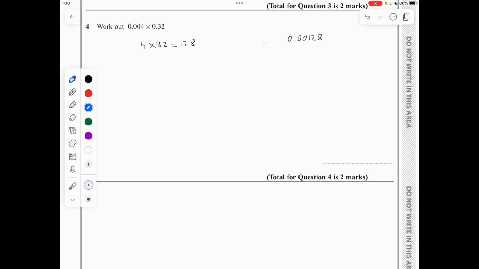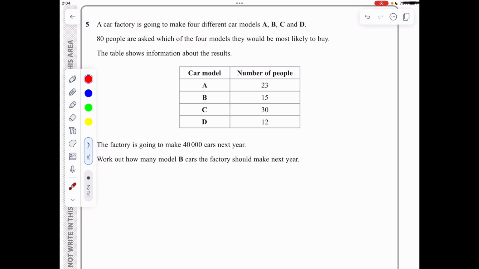Alternatively, I could treat this through a fraction approach. So 0.004 is 4 over 1,000, and 0.32 is 32 over 100. So 4 times 32 is 128 over 100,000, which can be written as a decimal again as 0.00128. In question 5, we've got a car factory that's making 4 different car models, A, B, C, and D,